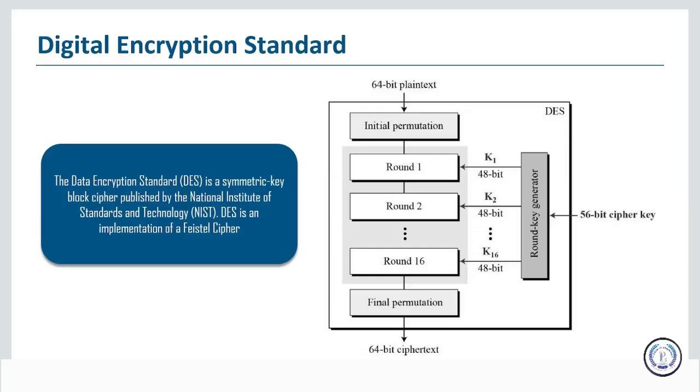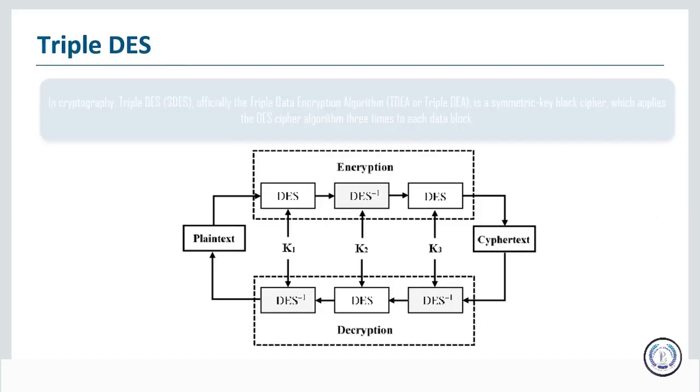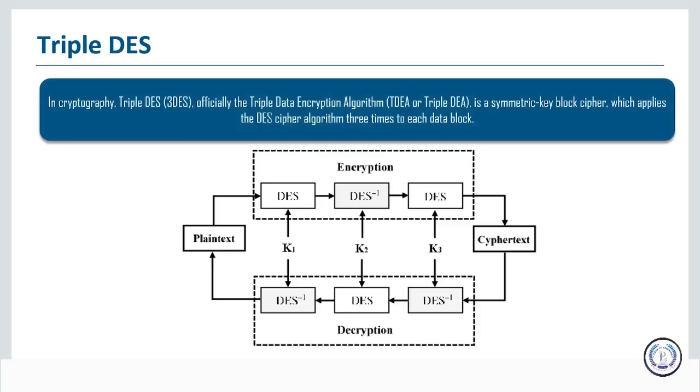And it became apparent that there was a problem with this, and that was it only had a 56-bit key size. And while in the 1970s that was considered adequate to defend against brute forcing and breaking of code, by the 1990s it was no longer considered adequate, and there was a need for something more, and it took time to develop. Something that would last for some long period of time. And so in the meantime, a stopgap was developed, and this stopgap is what we call triple DES.